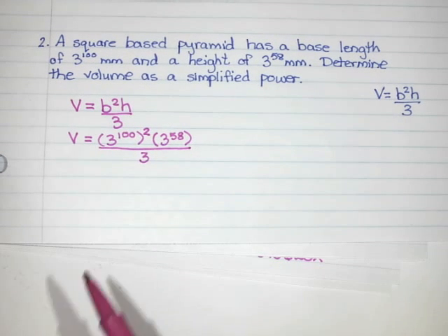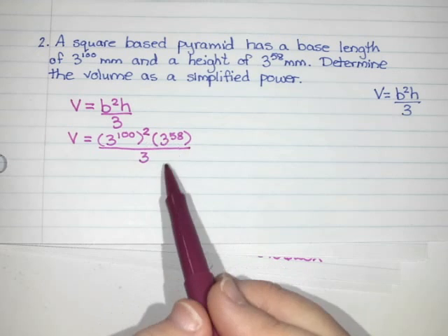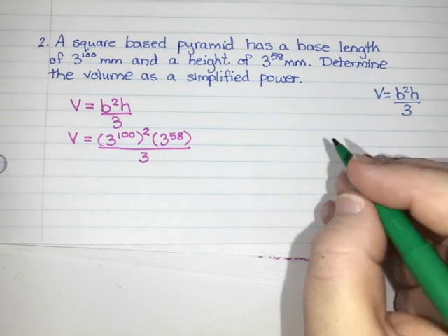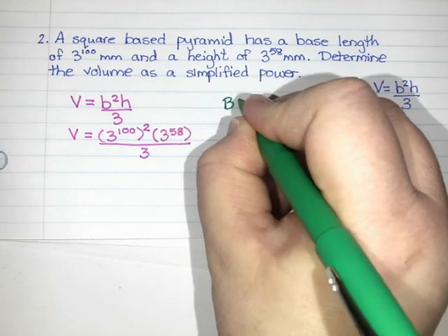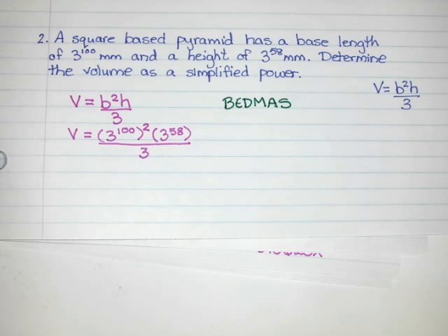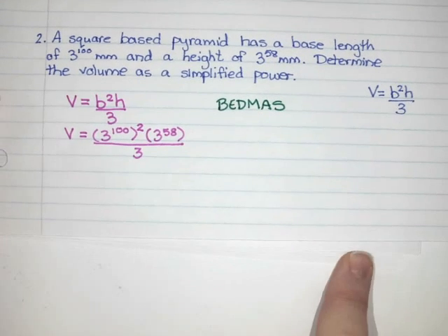Okay, so the first thing I notice when I look at this is that they all seem to have a base of 3, which is good because my exponent laws only work on things that have the same base. And when I'm trying to work this out, I am always trying to use order of operations or BEDMAS. So I am going to start by looking to see if I have any brackets and then exponents and then